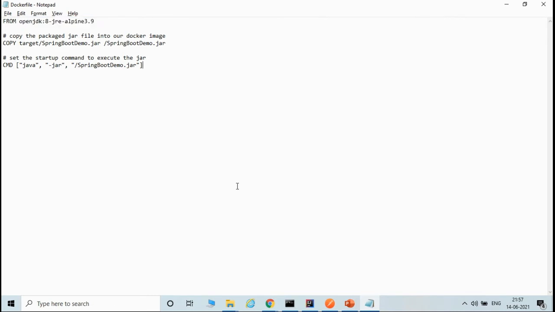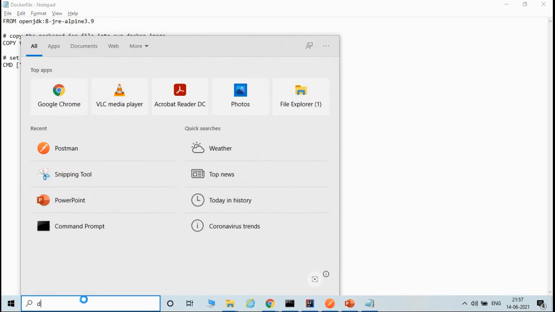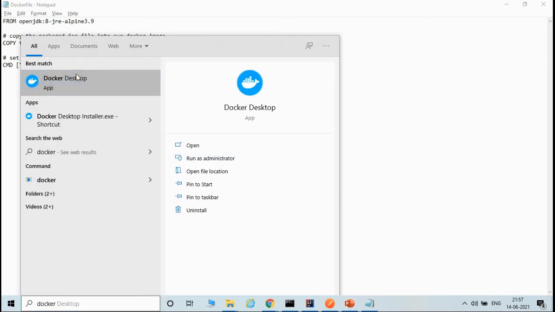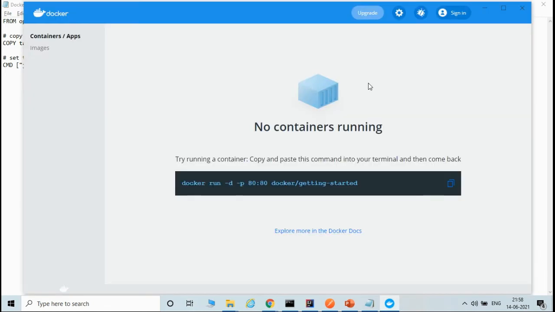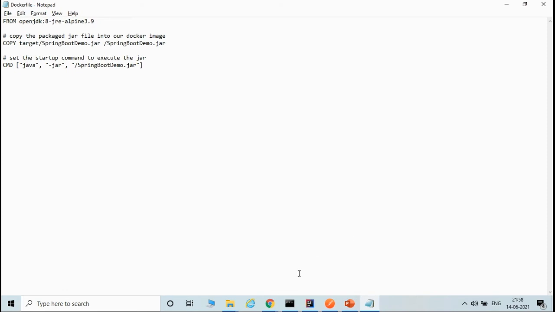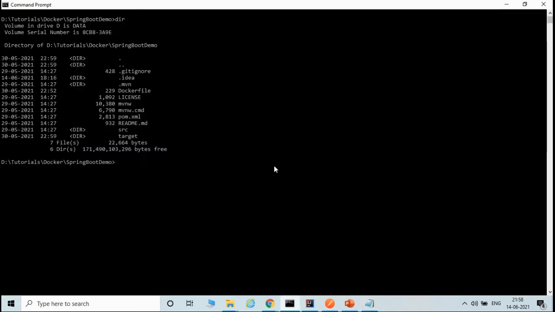This is a very simple Dockerfile, and for running this, what you can do is start the Docker software. So let it start. The command prompt is already there.